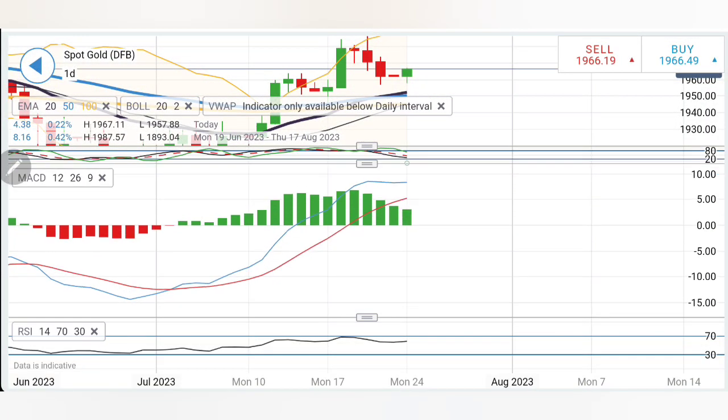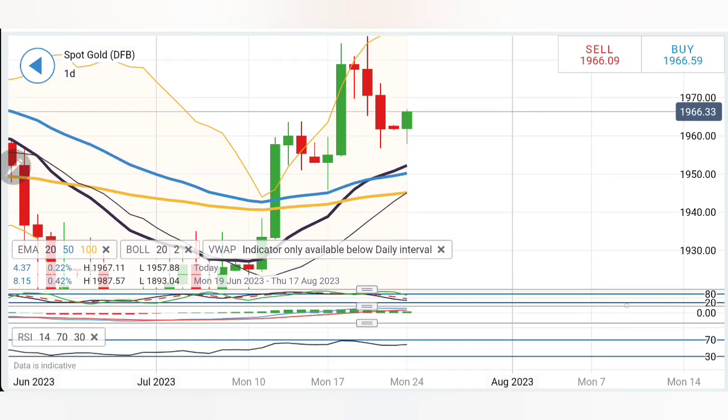See, stochastic is looking down, it is still bearish. Now this is important on the daily charts. The MACD is still bullish. Wait for it to converge and cross over. If it does, then only bears will prevail. RSI is almost